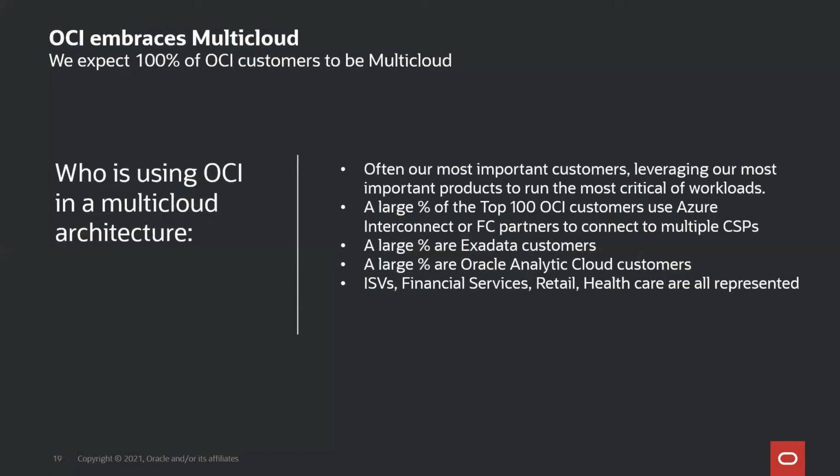They appreciate the value of Exadata and running Oracle database on Exadata, and they're reluctant to give that up. So as they have moved into the cloud, and oftentimes have moved to use an app tier on some other cloud, they want to stay connected to Exadata. And that's either connecting to Exadata on-prem, connecting it in a hybrid database situation where they co-locate an Exadata instance in a colo, like an Equinix, or connecting over the Azure Interconnect or one of our Fast Connect partners.